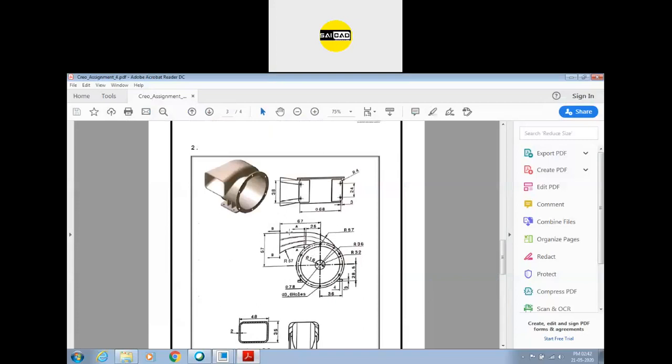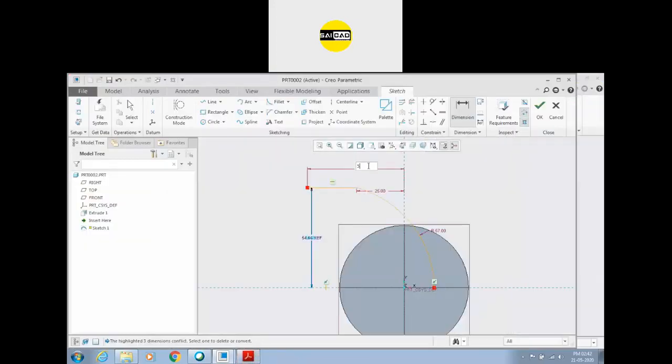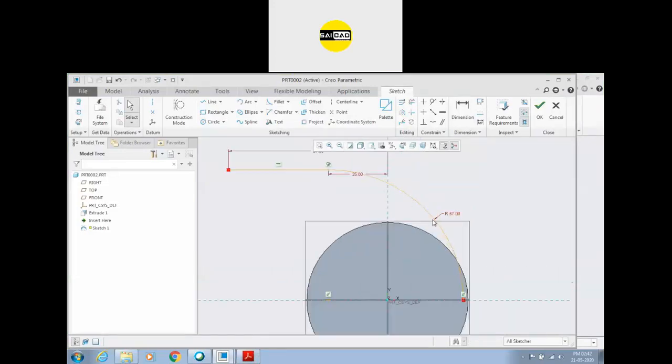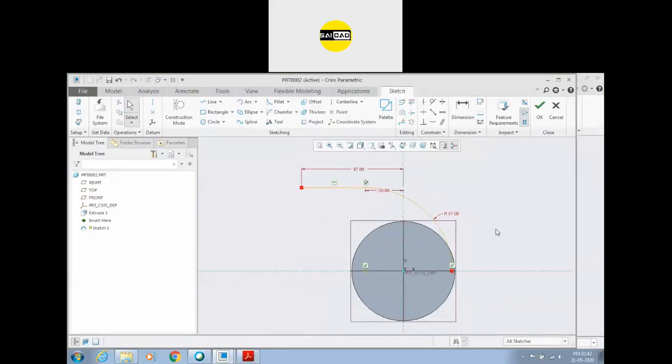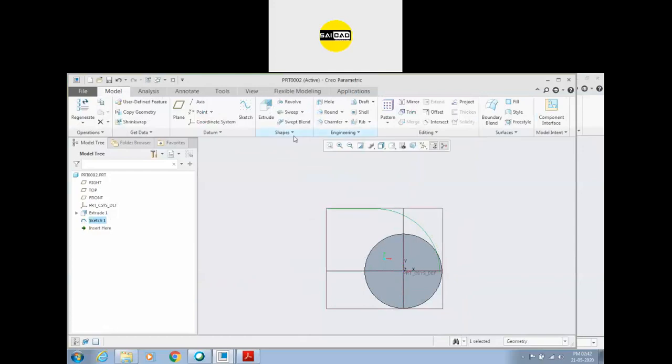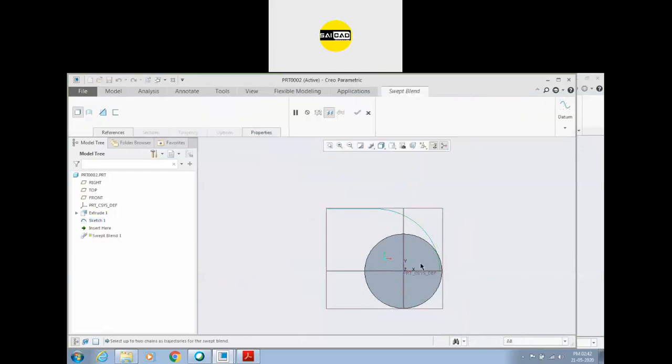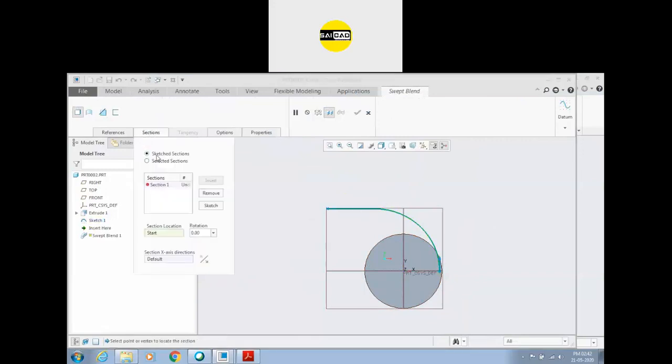Wait a second. 67, yeah. Okay, 67. So we don't have to define these values. We can just select these two and apply the tangent also. So this is the path. Click OK. Now you have to go to the swept blend, select the path, and from start go to the